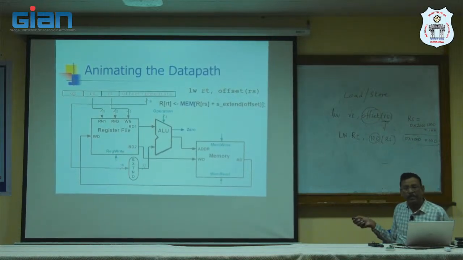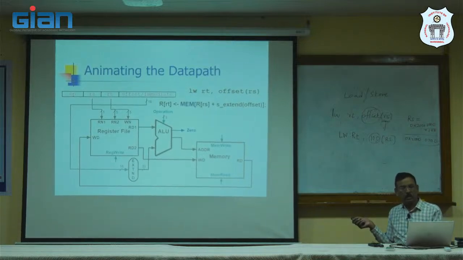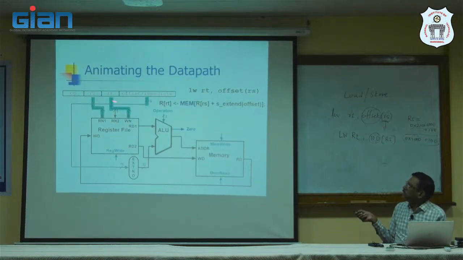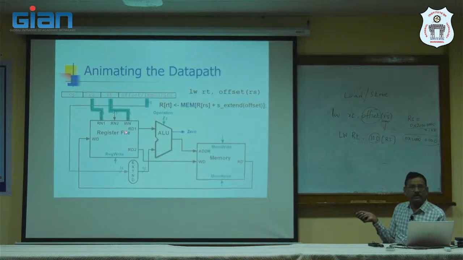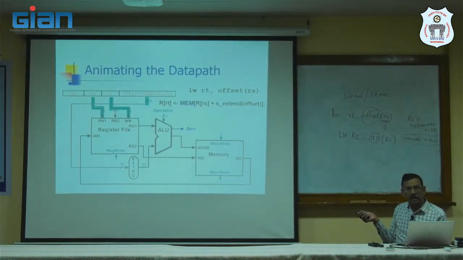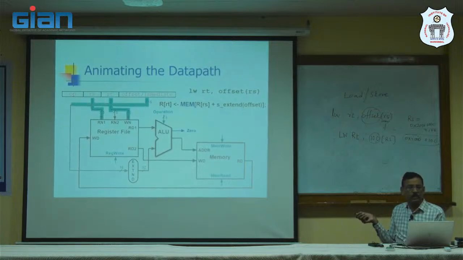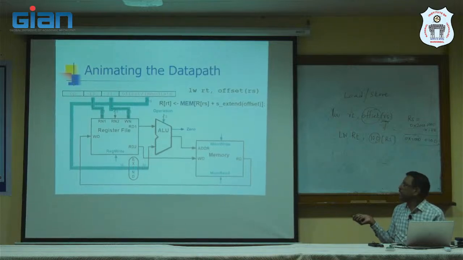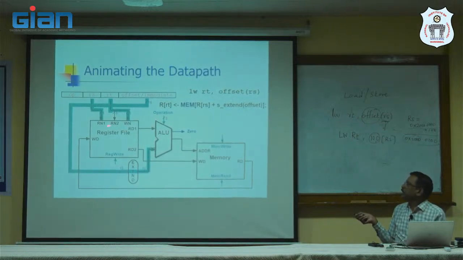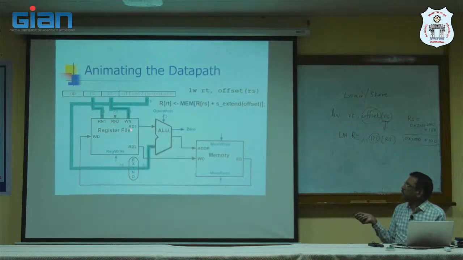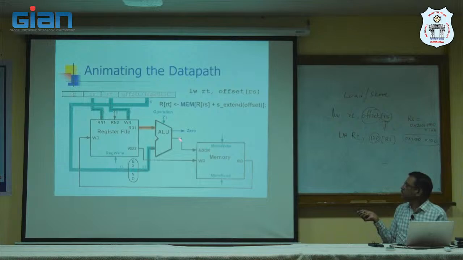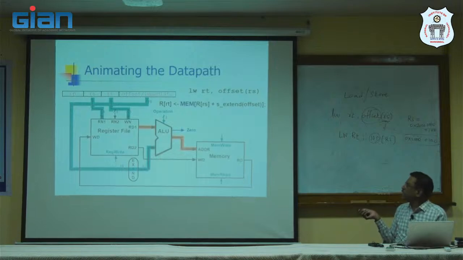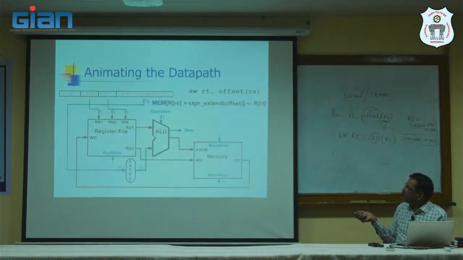Okay? Is it clear? Any doubts here? So simple. See, RS and RT, two registers. One is for the base address, the other one is the target register address. Then the immediate field is the offset address. That is sign extended, and control bit made to control bit. Then this RS register will be read and added. This is the address of the memory. Then I am going to read the memory location content